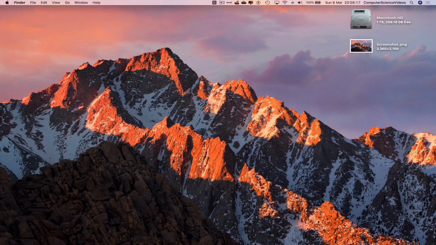So in this tutorial, you need to have access to a Mac computer and a photo.png. So we can now start this tutorial. Let's now focus on the screenshot that we have on the desktop, which was taken in the form of a PNG. So let's click on the photo itself